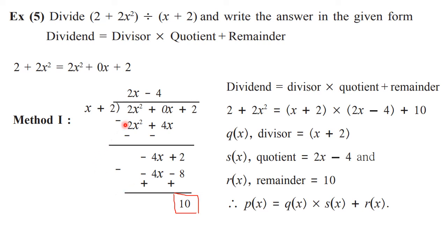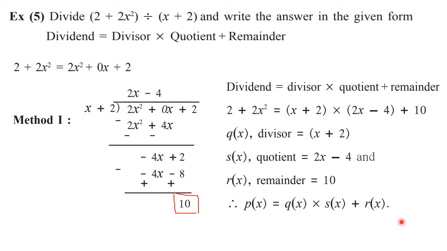So if we try to write it with the help of polynomials, then you can write down the q of x as divisor. It is not compulsory to write all these things, but still if you want you can write it. So for dividend you can take p of x, for divisor you can take q of x, for quotient you can take s of x, and for remainder you can take r of x. Any alphabets you can take, and then in short you can write like this, that p of x is equal to q of x into s of x plus r of x. Means what? This divisor, quotient, remainder, they are also polynomials.